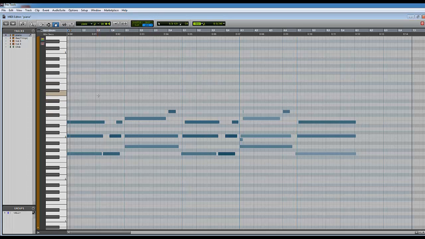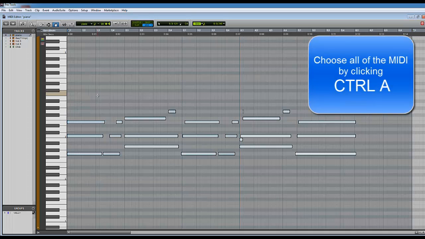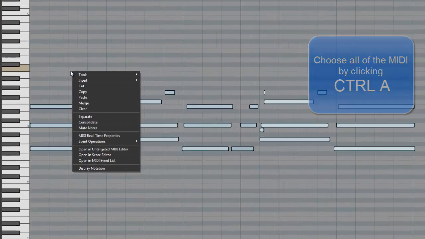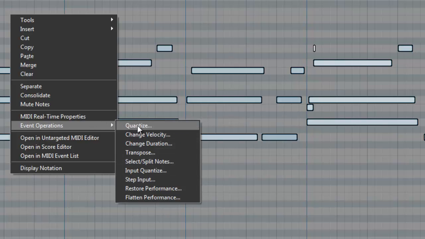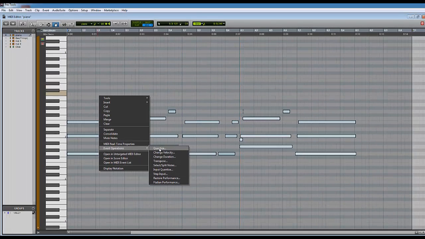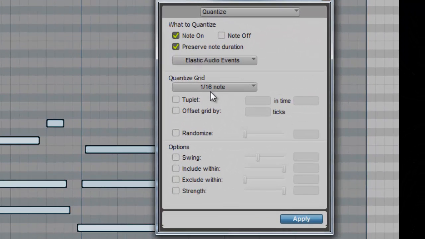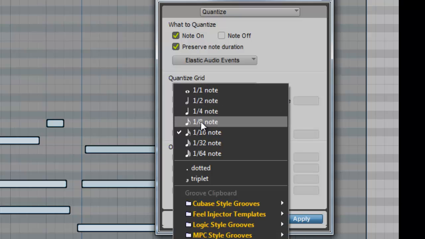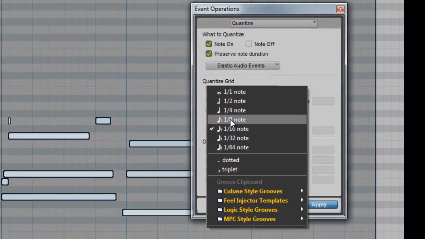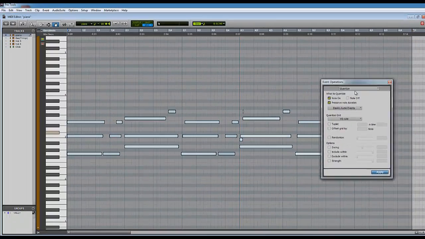But what I'm going to do is choose all of it, Control A, right click, Event Operations, and quantize. And quantize really means pulling everything into line. When this window comes up, you're given a series of different properties you can use. A 16th note is a semi-quaver. The fastest note I really played was a quaver, so that would be an 8th note. So what I'm going to do is take the smallest value as the 8th note,